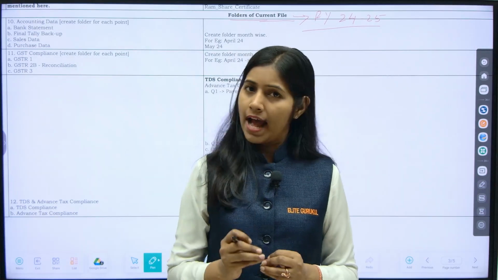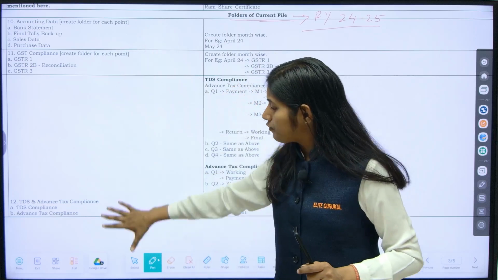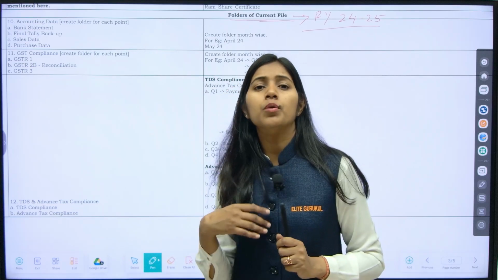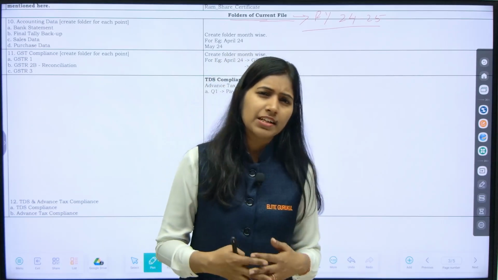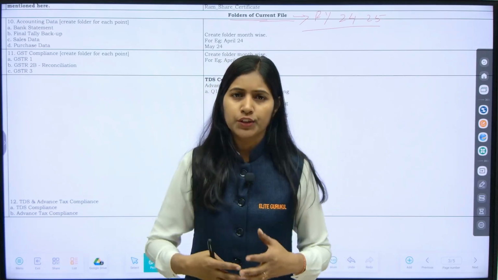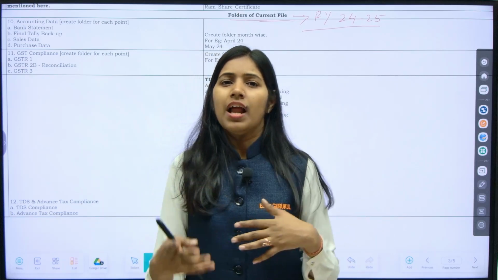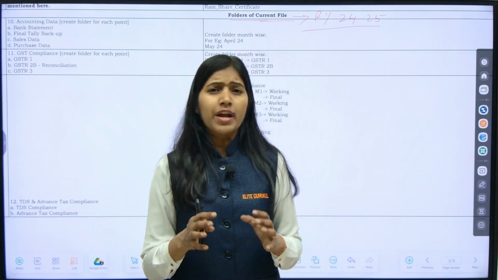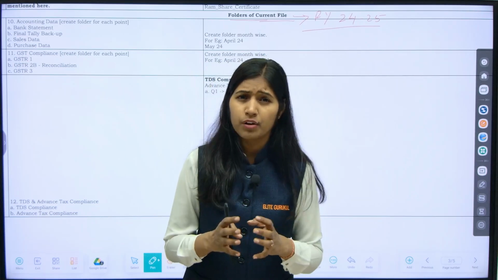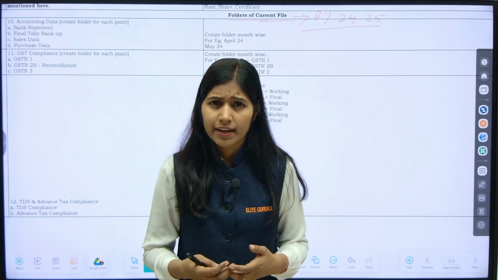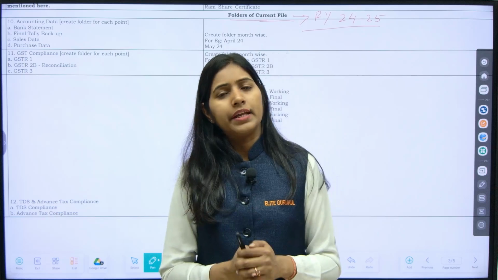Once this folder has been created under the current file folder, there are plenty of folders which I'll show you here, which you have to make. To start with, any entity when they start their business will start with transactions. They will sell, purchase, buy certain assets, they will hire a team and all. So we have to record all this data, we should have a tracking of these things. So what do we do for tracking it? We do accounting. So our starting point for any company is accounting.